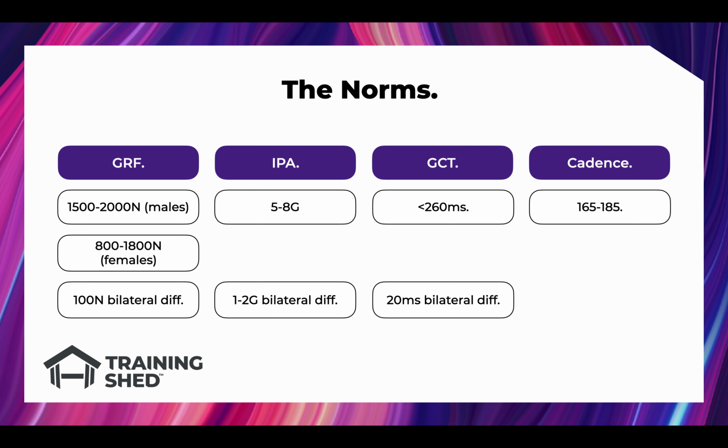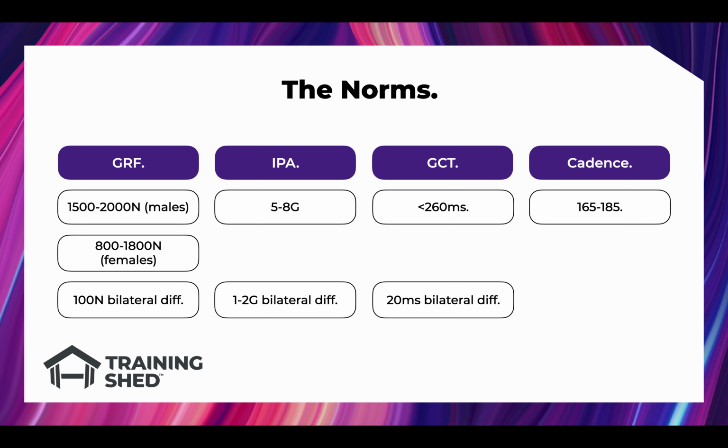Ground contact time as well. Anything less than 260 is the norm. We don't want anything over 260 milliseconds, and we can attribute a 20 millisecond bilateral difference. And do bear in mind that when we are looking at ground contact time, we are dealing with milliseconds here. We're not dealing with seconds. Milliseconds,